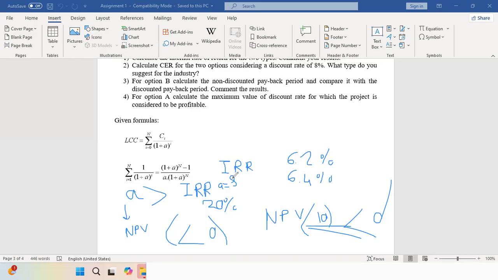Number 2, yes. Calculate the CAR for the two options, considering a discount rate of 8%. So what should you do here? You already calculated NPV in question 1. You just have to divide. No, you calculated IRR in previous question. Here, what should you do for CAR? You calculate the net present value at year 10, and you divide by the investment. To calculate the net present value at year 10, you should include the salvage value. You use exactly same formula we did before, but you add salvage value and you replace A by